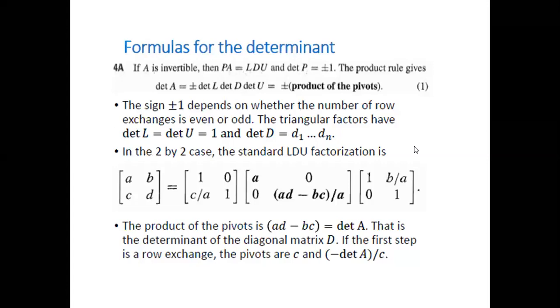Let's do the last part for today, which is how to convert any matrix A into the LDU decomposition. You will see that it will just turn out to be plus or minus the product of the pivots. In the previous slide, I explained how to find the pivots. To find the pivots in a matrix, you look in every row for the first non-zero value, and after finding it, all the components below that value need to be zero. Once you do that, you will get your pivots. These pivots will be very important for us.